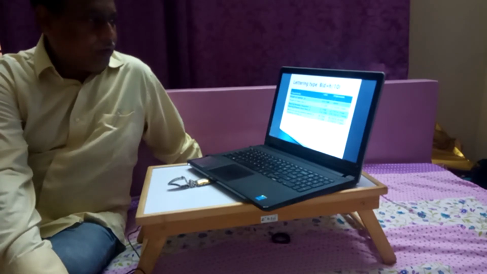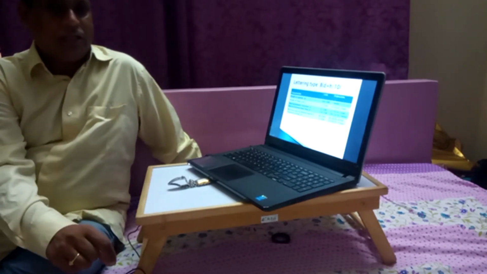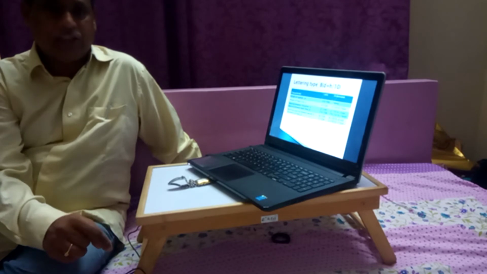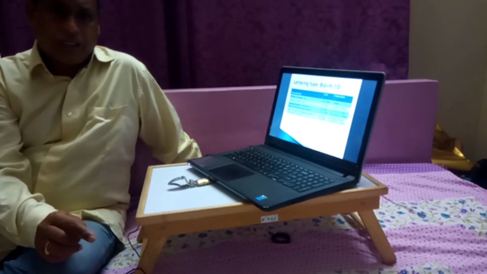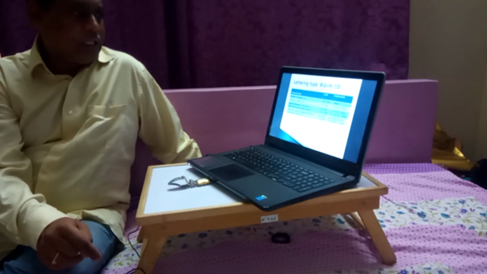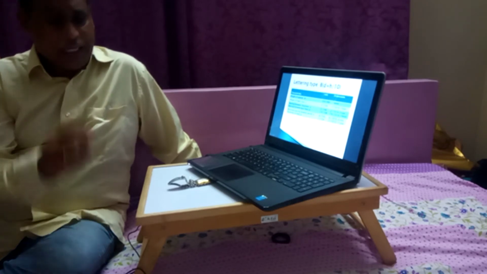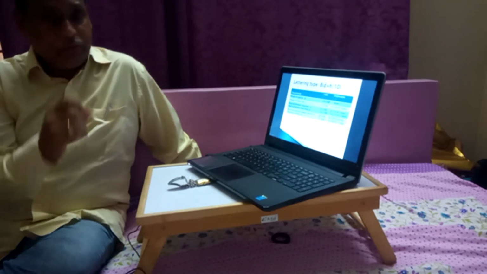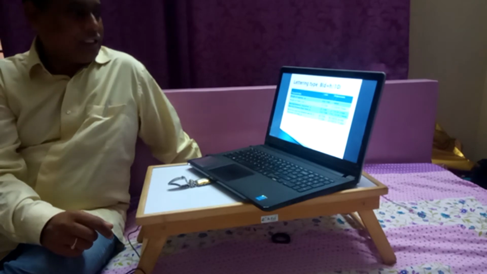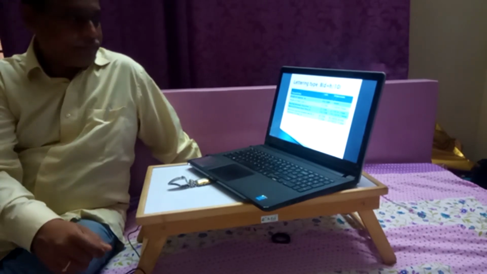So for 10 mm height, the dimensions will be 7 mm, that is the height of lowercase without the tail, leaving the tail, that is the extension. Suppose we write d, so the main part, the curve, will be of size 7, and the tail will be there, for d, p, or any other letters which have a tail. That letter size is 7 by 10 h, excluding the tail length.